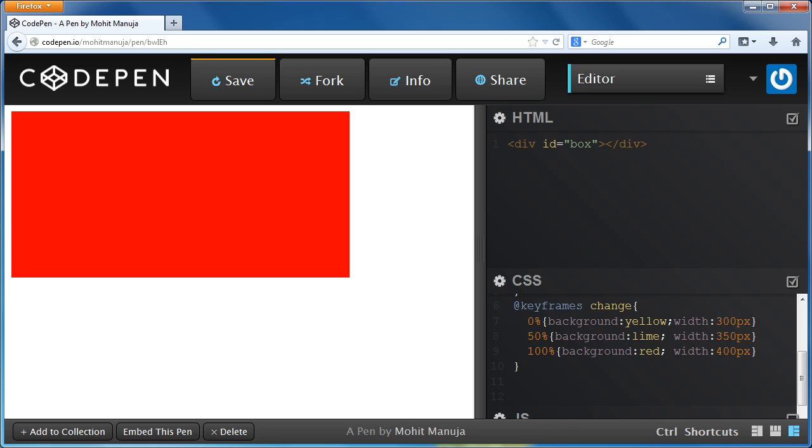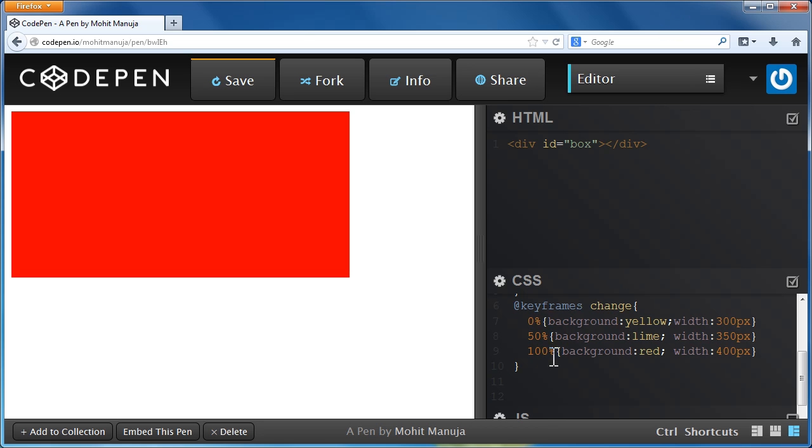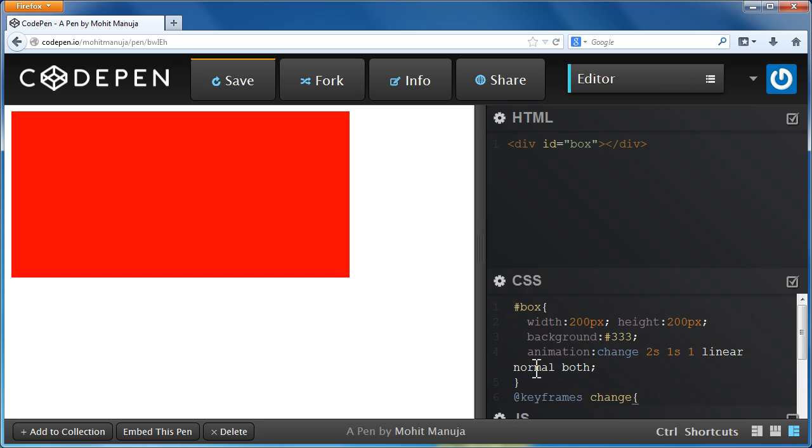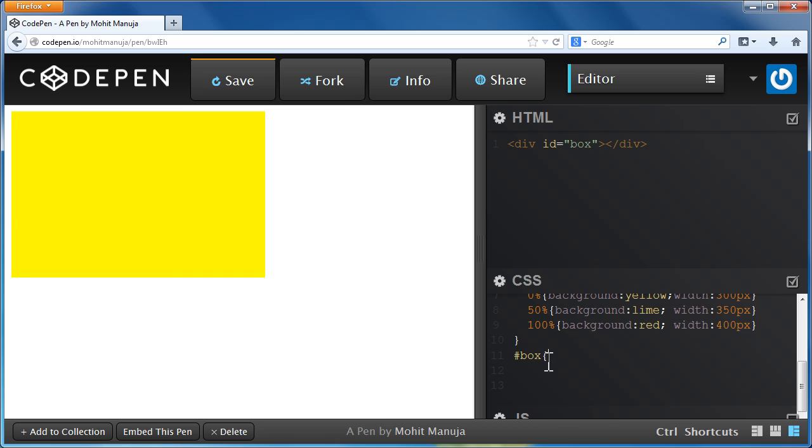Right, and there's just one thing that I need to explain, which is the animation play state. I can either have it as running or paused. So what I'm going to do is, in the hover state, I'm going to pause the animation. So animation play state, and we'll keep it paused. I'm going to take this rule, let's copy that up, let's push it in out here, and then